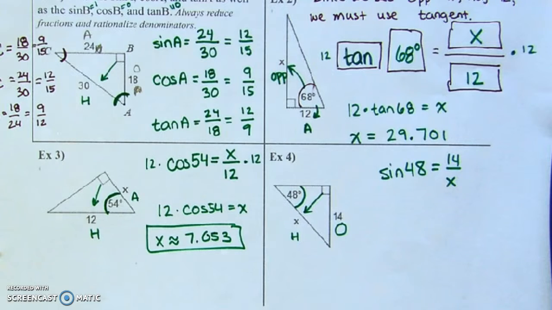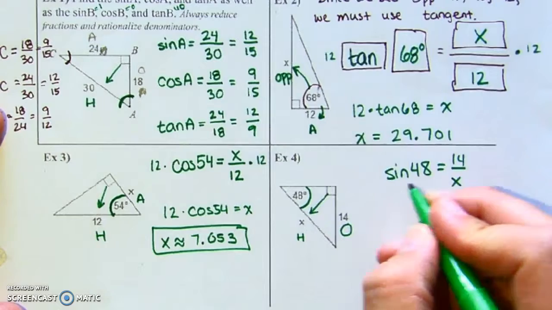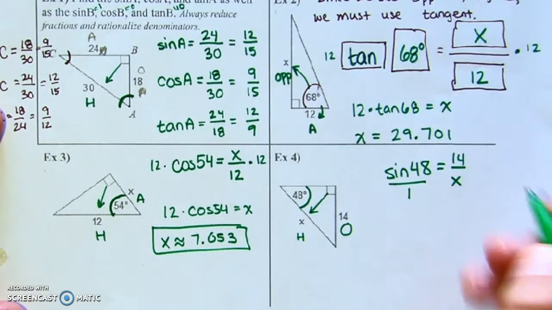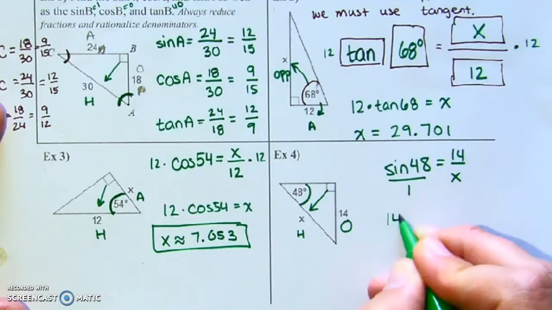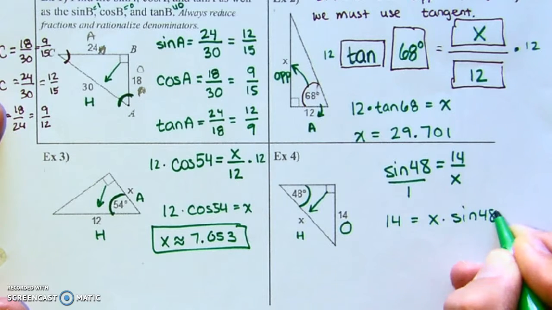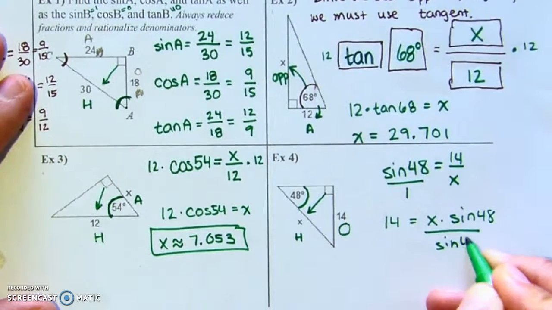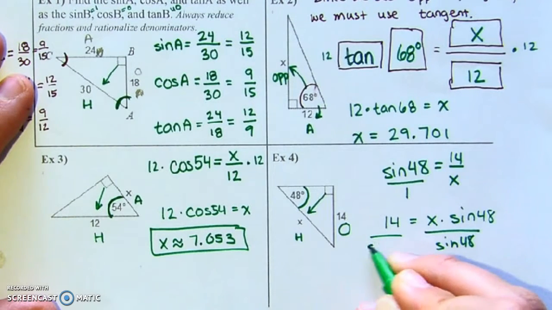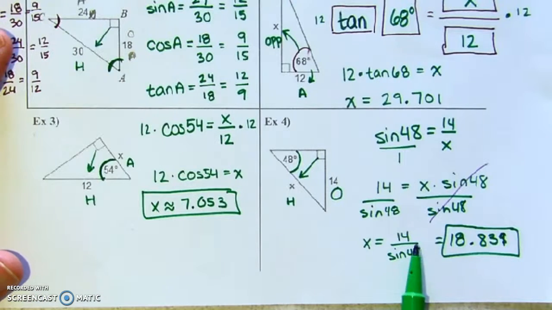This is how it gets different. We can't multiply by 14 and we can't divide by 14 because x is in the denominator. So here's what we're going to do. We're going to write this over 1 and we're going to cross multiply. So we're going to get 14 equals x times the sine of 48. I can't believe I'm out of time. Oh my gosh. Just watch. So this is going to be 14 divided by the sine of 48. 14 divided by sine